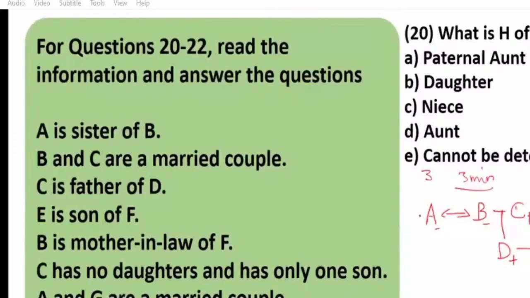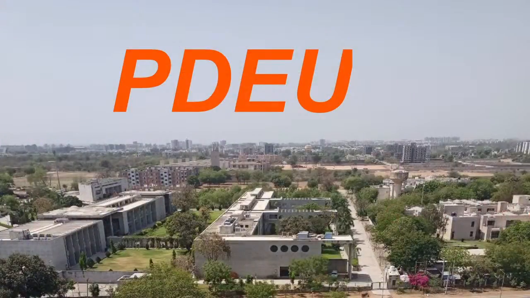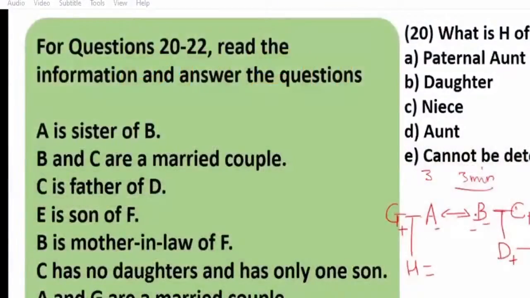A and G are married couple. So A is married to G. A is female, so G is male. Now married is shown by a dash, right? Next generation is this. Then H is daughter of G. So H is daughter of G. Let us see what is given. What is the question? What is H of B? H is niece of B because B is nothing but aunt. So H is niece of B. Moving on to the next question. How is C related to